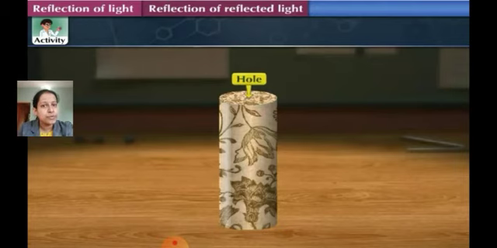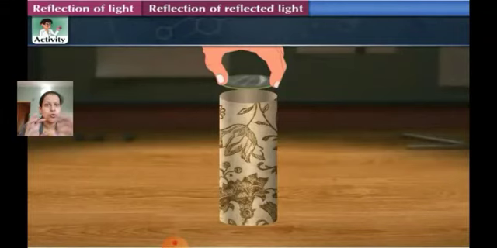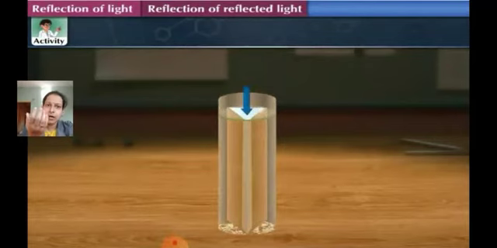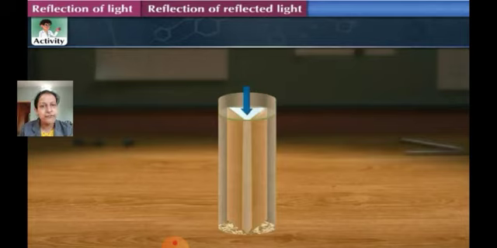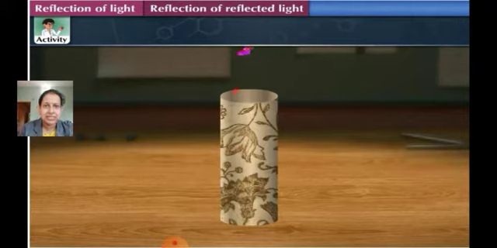Now on the other side, you have to take a glass piece, a glass disc which can go inside this hollow tube. You have to place that glass disc just above the triangular pyramid of the mirrors, so it should fit above that. Once you have placed the glass disc above that, you need to put some colored beads inside this. Colored beads or colorful glass, whatever you have, place it inside this.